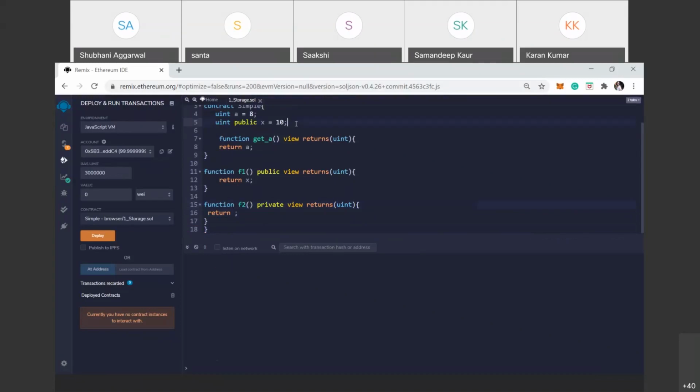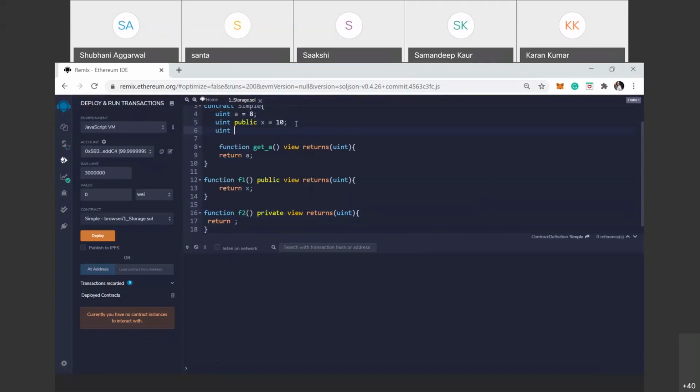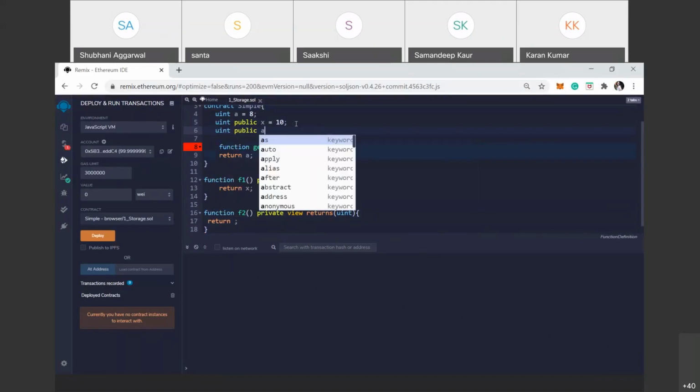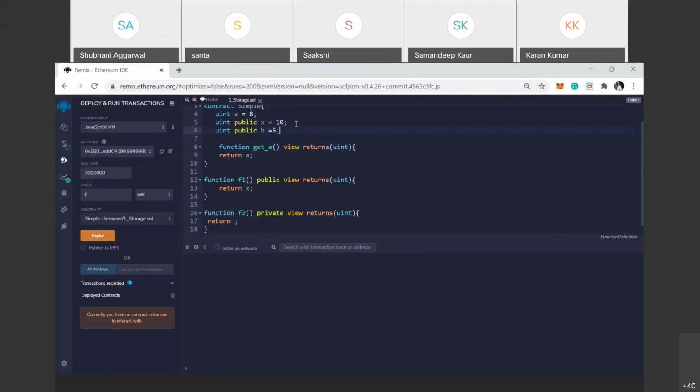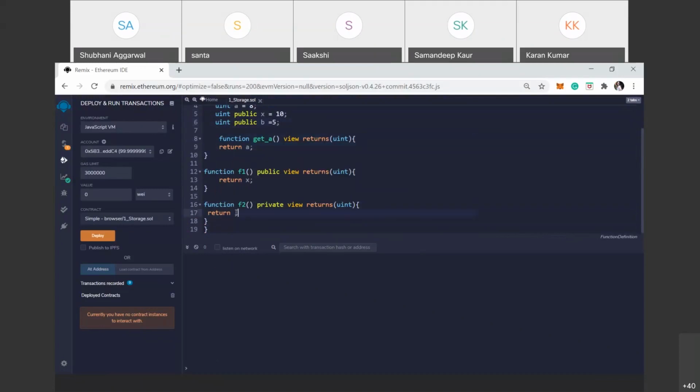One more variable we can define it here, public p is equal to 5. So here return b. This is a private function. This cannot be accessed by this window, and it is only used for this contract. We can use this function and retrieve the value b and use it in other functions. It is for that purpose.